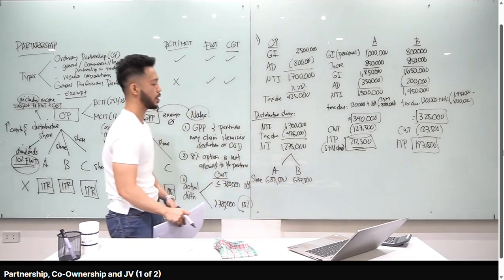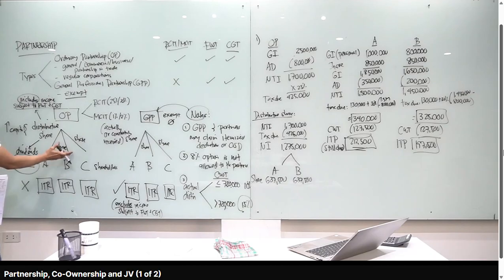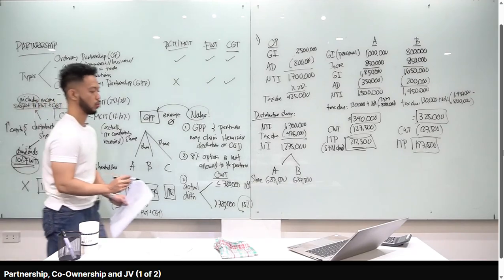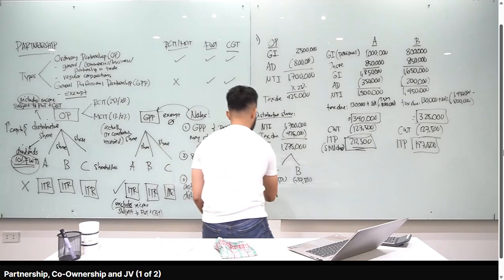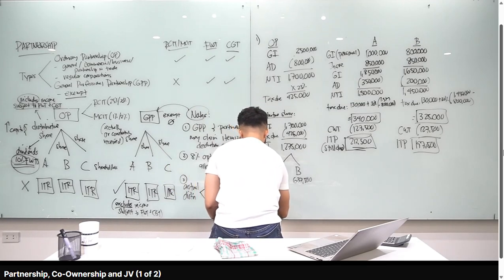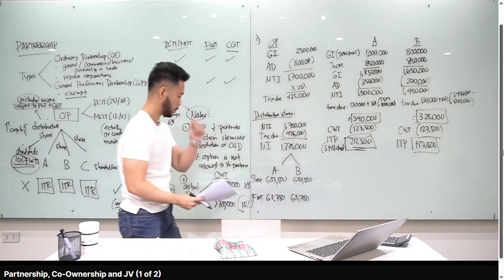Alright, 637,500 for A and the same amount for B. Take note, class, kapag ordinary partnership, yung share nila magiging subject to 10% final withholding tax. So, lagay natin dito, computin na rin natin yung final withholding tax of 10%. 637,500 times 10%, so you have 63,750. Partner B, 63,750. Got it?